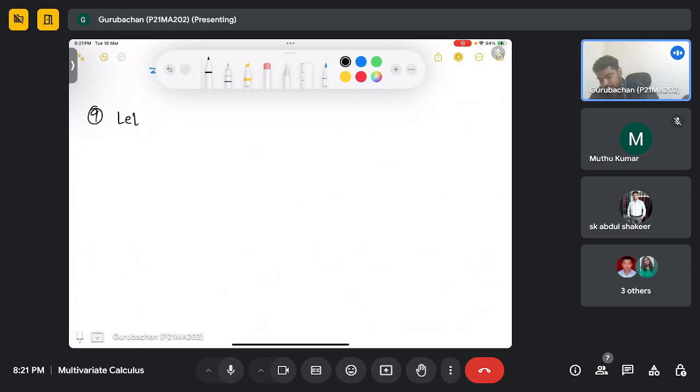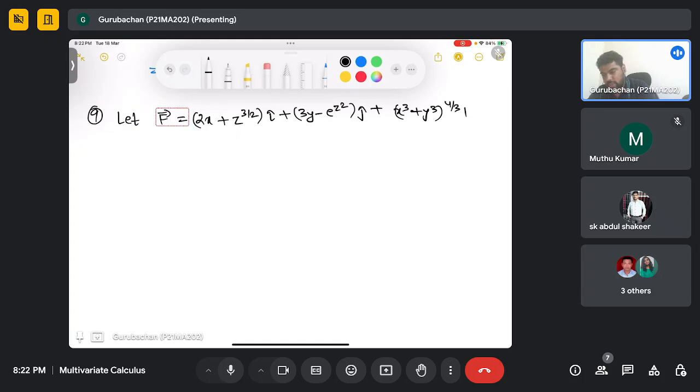So let f be equal to 2x plus z to the power 3 by 2 i cap plus 3y minus e to the power z square j cap plus x cube plus y cube to the power 4 by 3 k cap, and